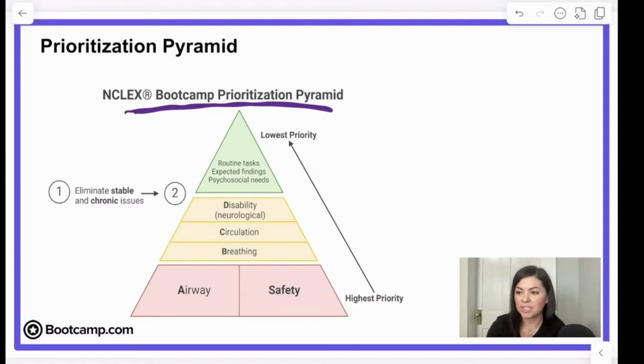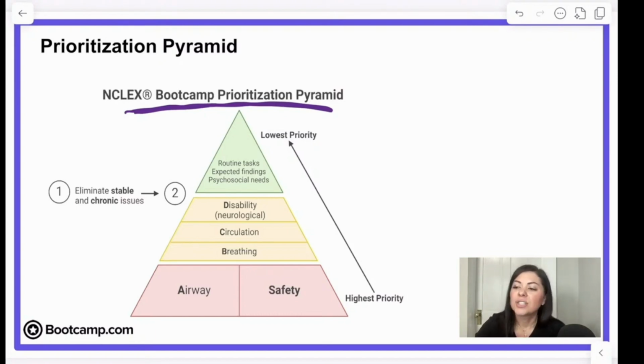you navigate these questions. So we've all heard people say, oh, prioritization, just focus on ABCs, that kind of thing. Although that information is helpful, it really doesn't look at the overall picture and it's not very comprehensive. That's where this prioritization pyramid came in. So let's briefly talk about how we use it, and then we will practice with it on a couple